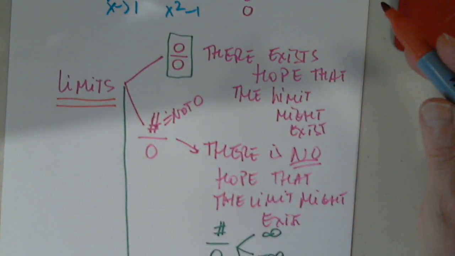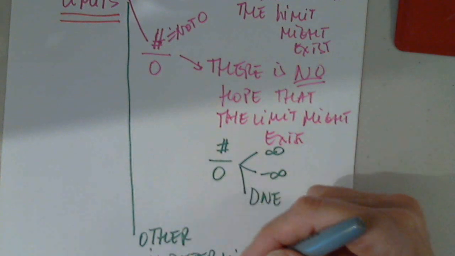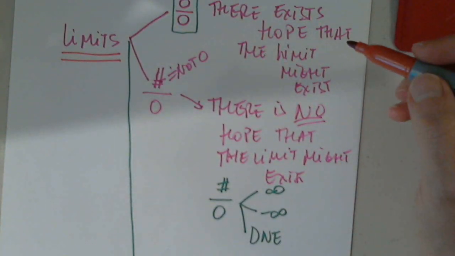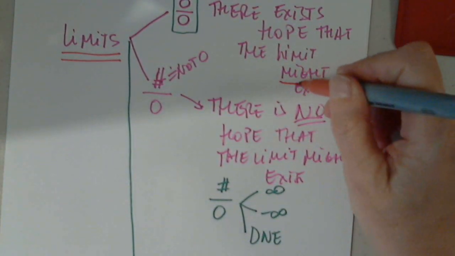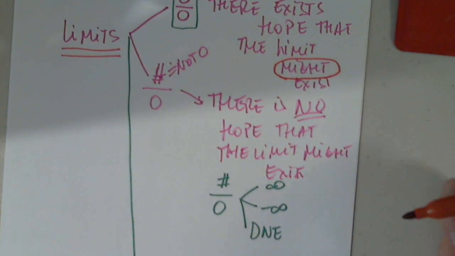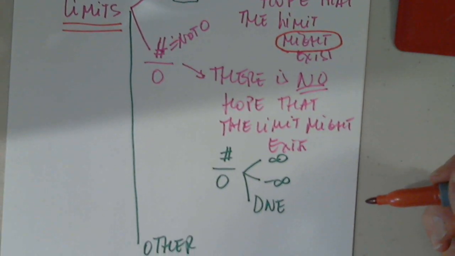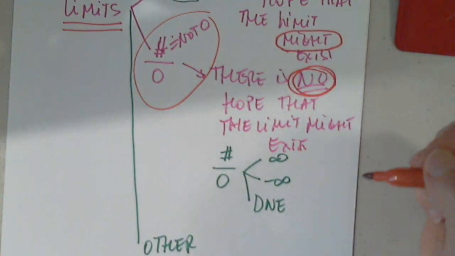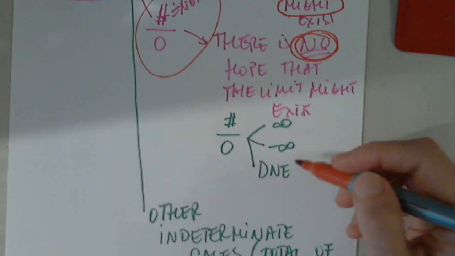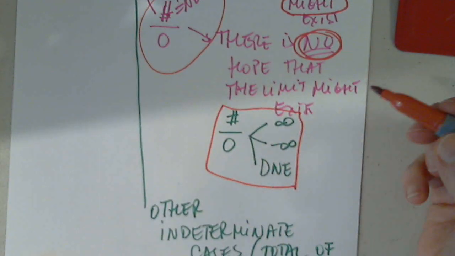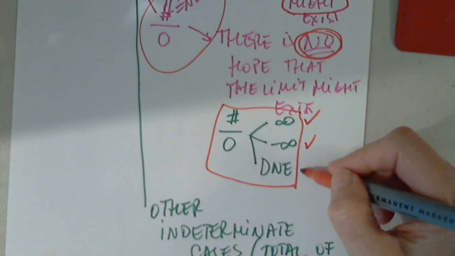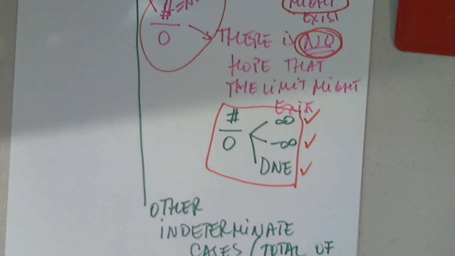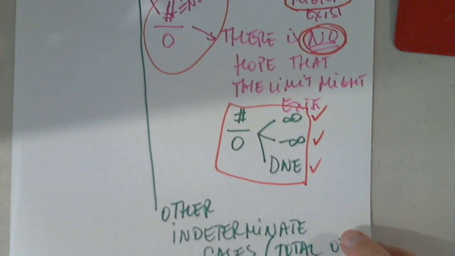I'm saying that in all these indeterminate cases, the limit might exist. I'm not saying it exists. But in the other case, I'm guaranteeing the limit does not exist. And these are the possibilities as answer: infinity, negative infinity, or DNE. So, coming back now to our problem,